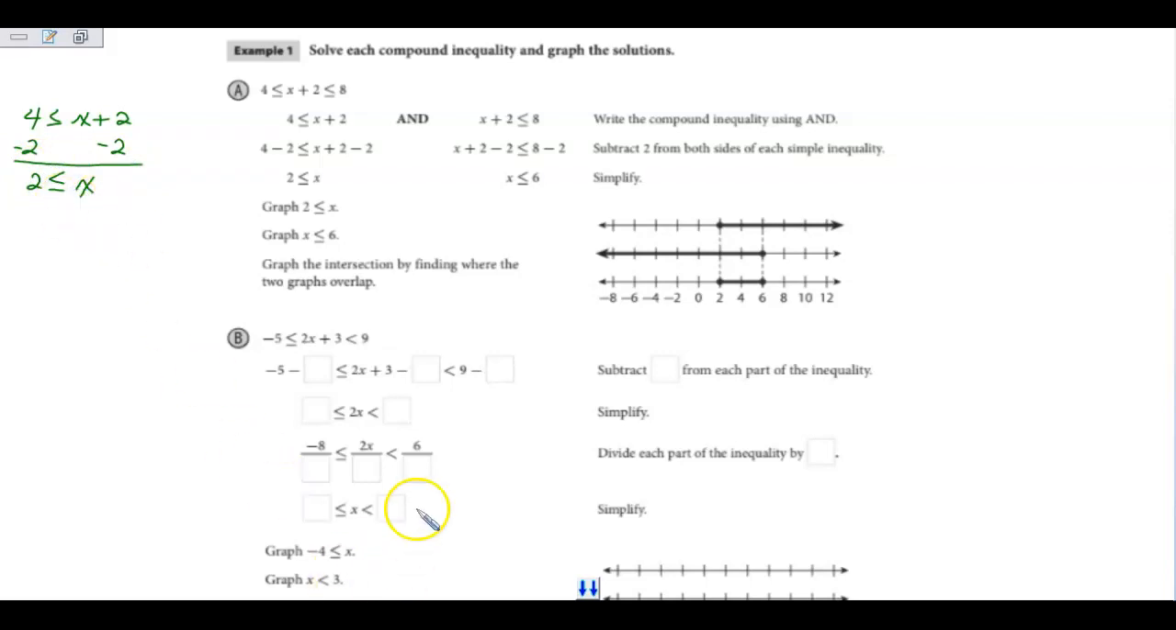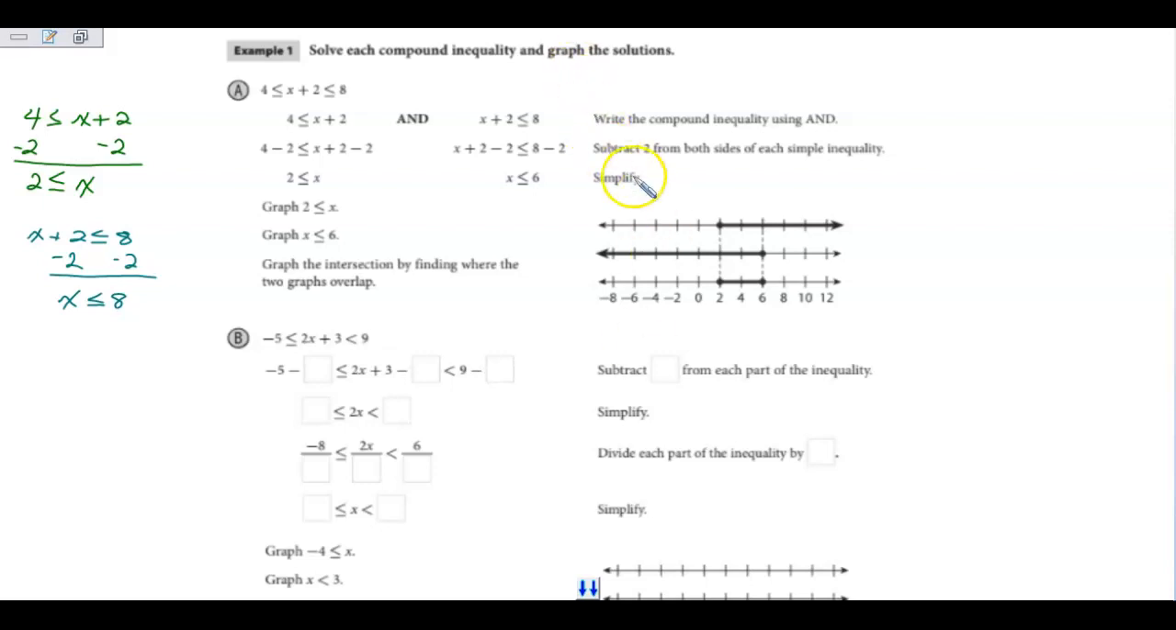Our other one is x plus 2 is less than or equal to 8. We're going to subtract 2 from both sides. x is less than or equal to 6. So what we have found is that 2 is less than or equal to x, and x is less than or equal to 6. So when we graph those, if we have 2 is less than or equal to x,